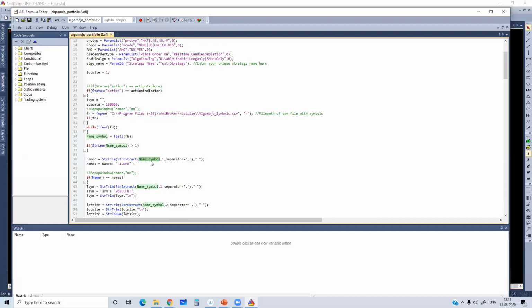Name underscore symbol contains the first line values. Inside that, I'm only taking the first column. The first row, I'm just fetching. Likewise, I'm going to keep on fetching each and every row in the first column. Not the 0th column, but the first column.